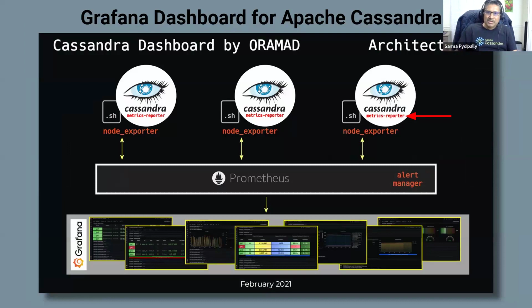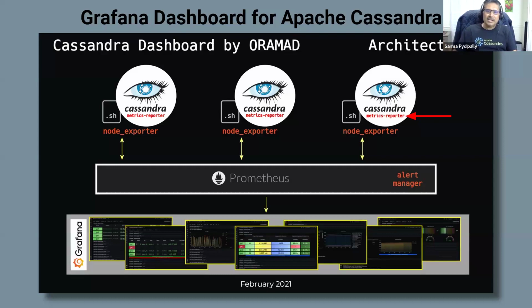and I use a shell script to publish these metrics using node exporter. These metrics are published to Prometheus. So Prometheus at a regular interval. Prometheus is a server. You can have high availability for Prometheus, but Prometheus goes at regular intervals, which you configure in the Prometheus configuration, and says, hey, go to all these nodes and get the metrics from node exporter. So at the Prometheus level, you can also have alert manager, which can send out alerts. Your observability is at the Prometheus level now.